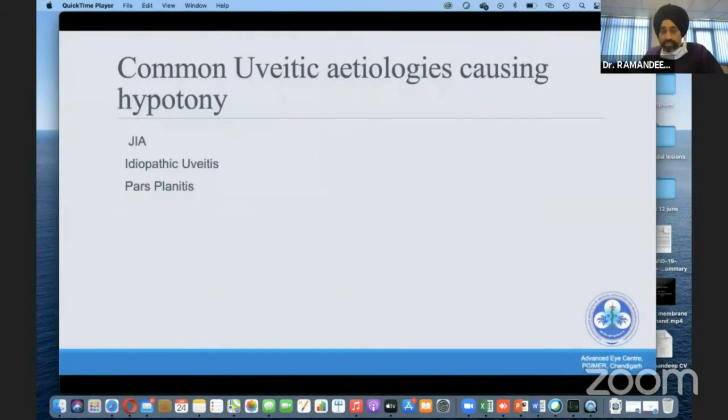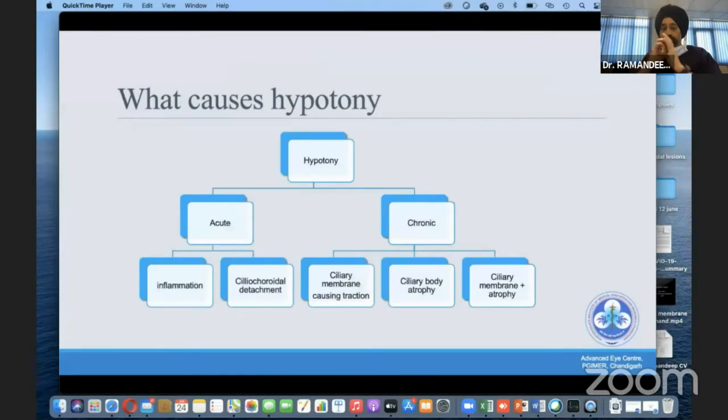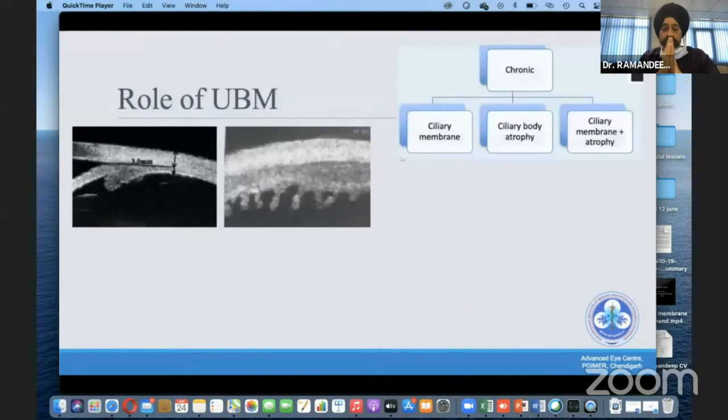So in an eye which has hypotony, GI and many other chronic uveitis may result in hypotony. Its incidence has been reported as high as 19% in GI, and in the latest MUST trial, across all the uveitic entities, something like 8%. So what is more important is to find out the cause of this hypotony, because acute hypotony will require taking care of the inflammation and choroidal detachment medically, and the chronic will require, apart from the medical, non-surgical treatment also. And it is here that the UBM will help,